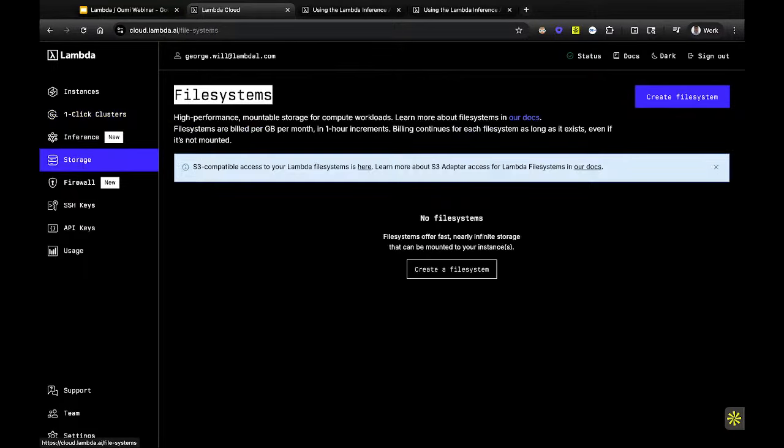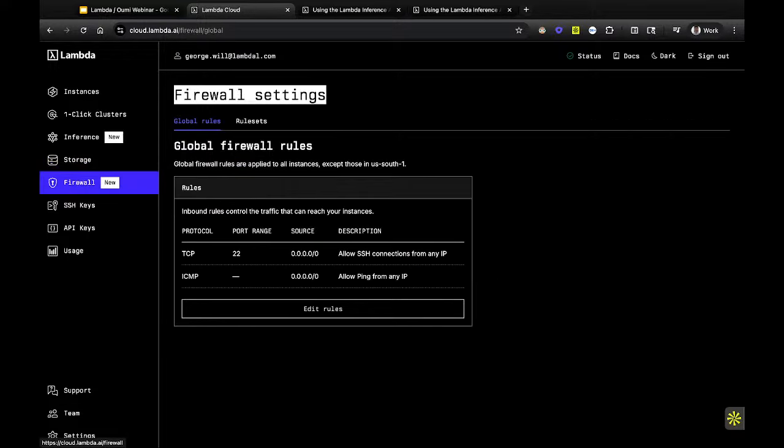Storage. Lambda does offer high performance mountable storage for your compute workloads. It is persistent, can be shared across your teams, and is located by region. And we have very affordable storage built in 1 hour increments. We recently released a Lambda firewall to better secure your on-demand instances,